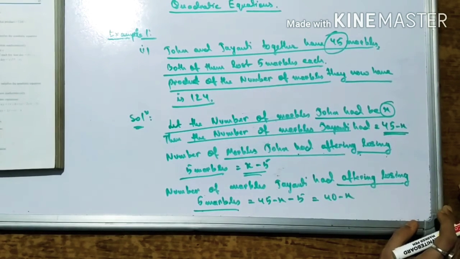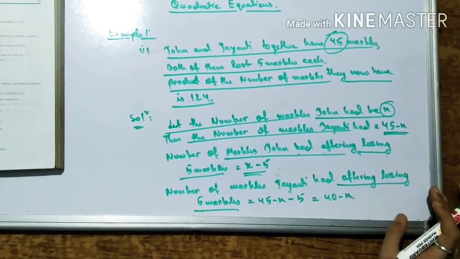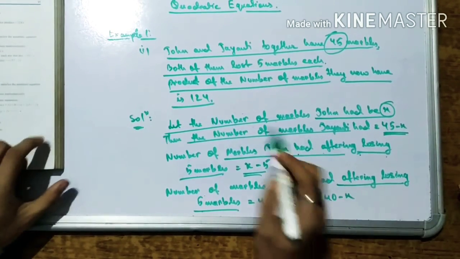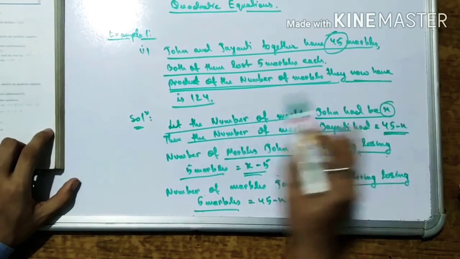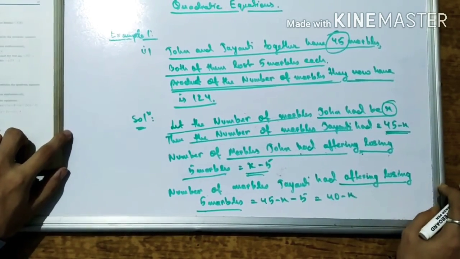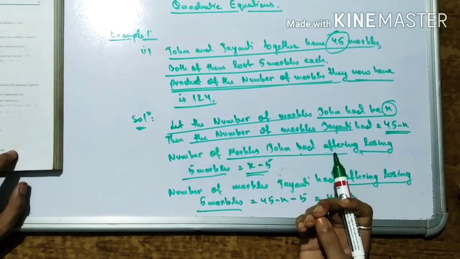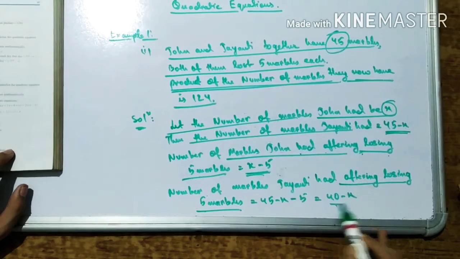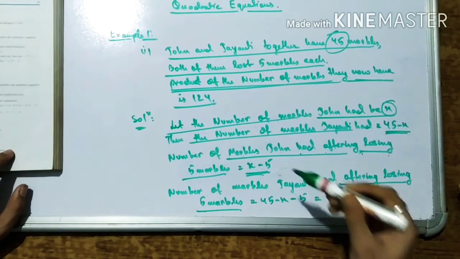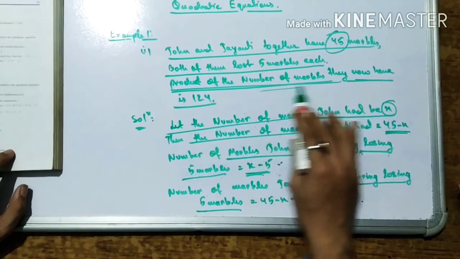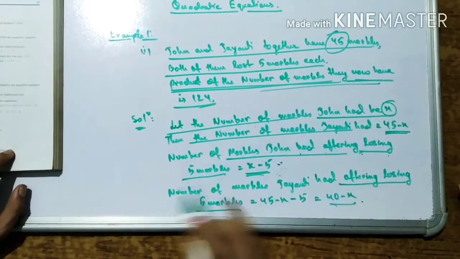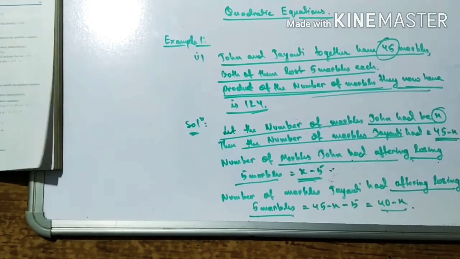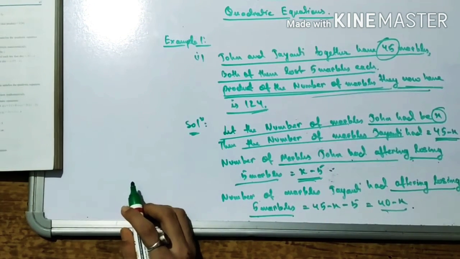Okay. So now what it is saying is that after losing those marbles, the product of the number of marbles they now have is 125. So after losing 5 marbles each, John has x minus 5 marbles and Jayanti has 40 minus x marbles. And now it is saying that the product of the number of marbles they now have is 125. Product. Understand? So now I can write that